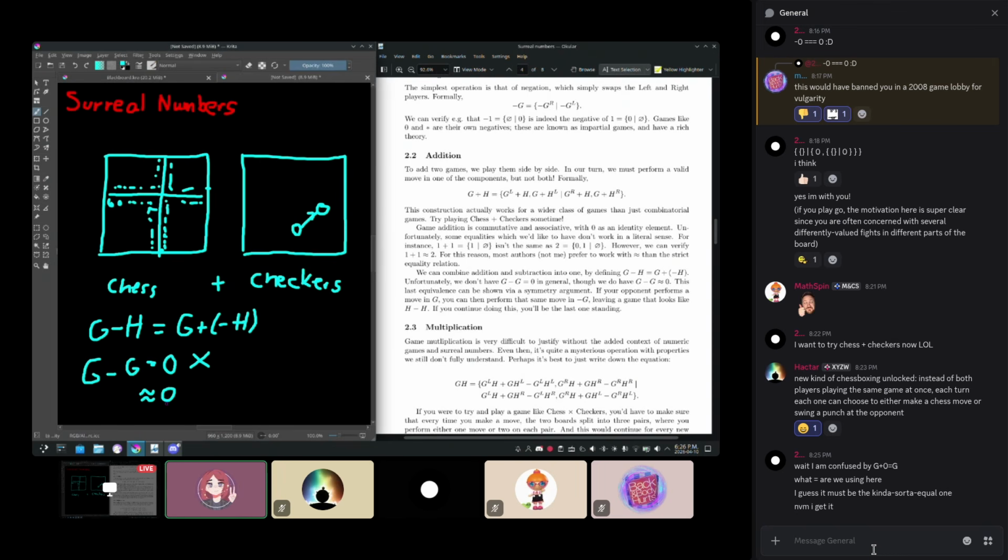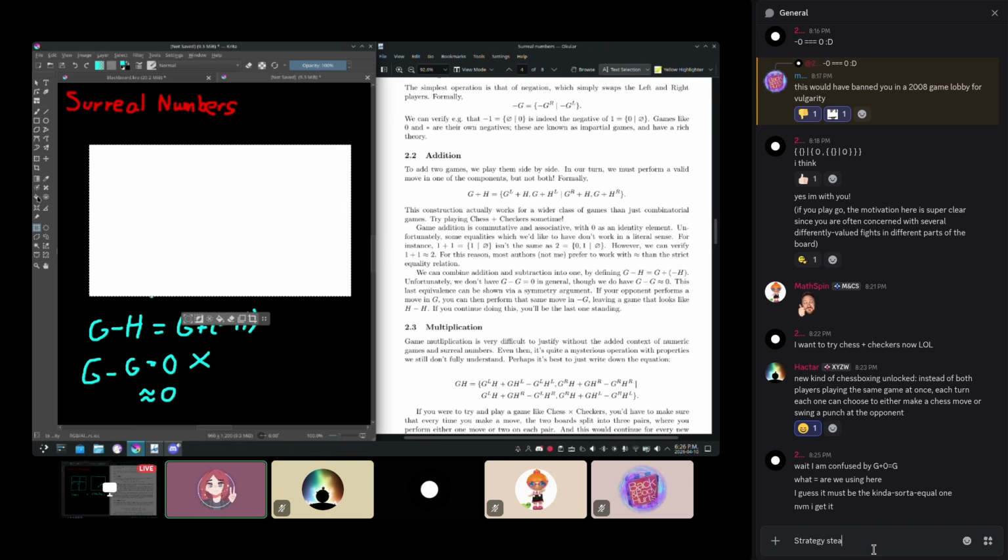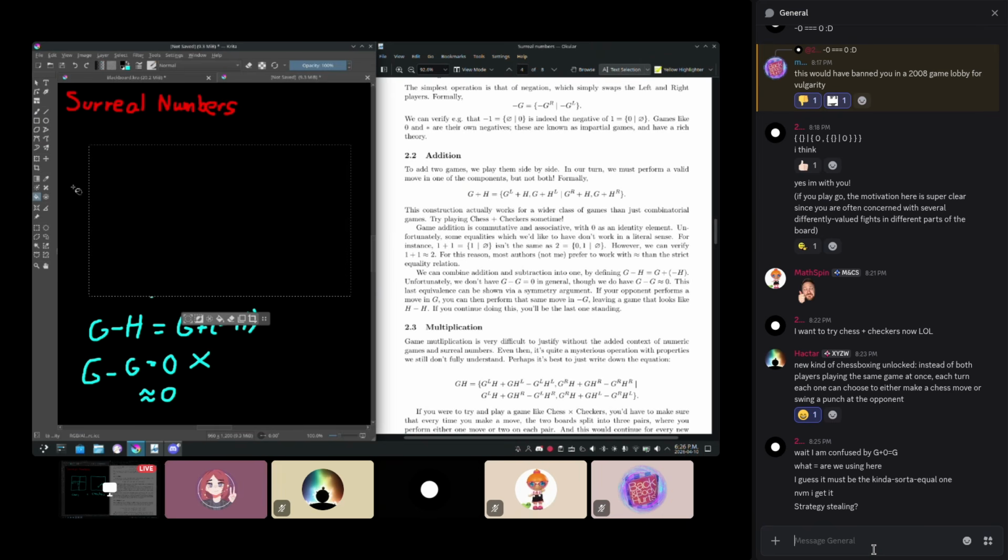And this is actually one of those proofs that I would like to do. So yeah, let's actually do that pretty quick, right? Let's prove that G minus G is order equivalent to 0. So how do we do that? Let me just replace these 2 games by G and minus G. We're playing the sum of these 2 games. We want to prove that this is order equivalent to 0.